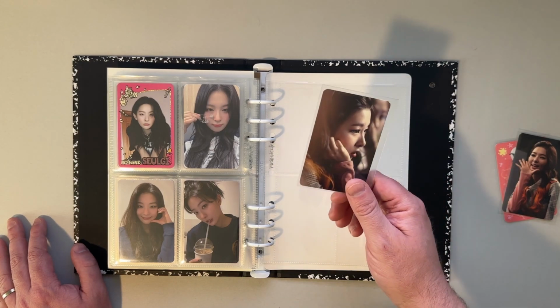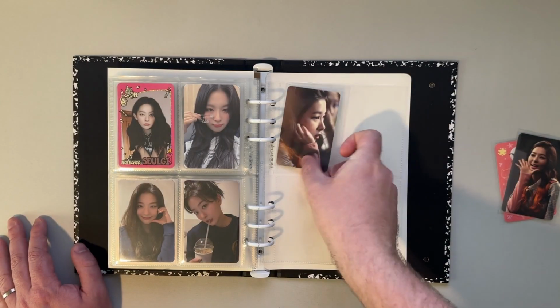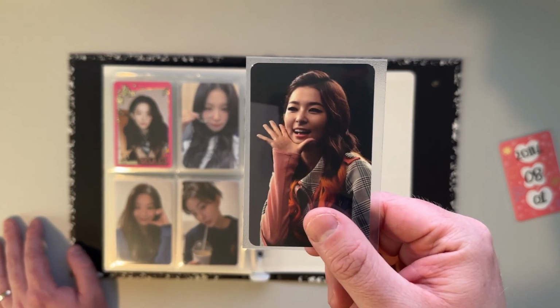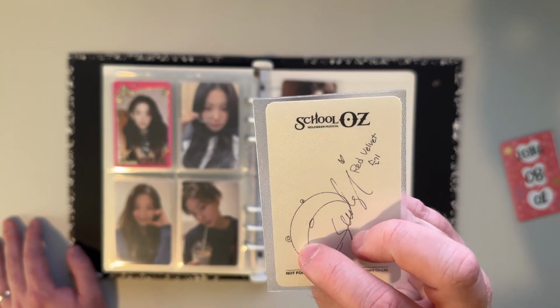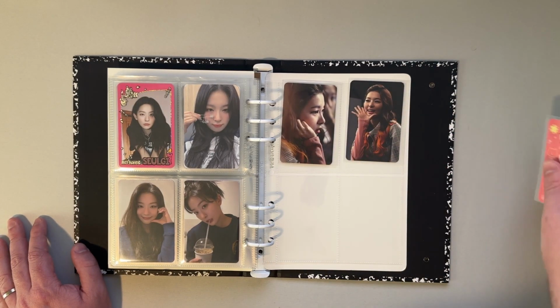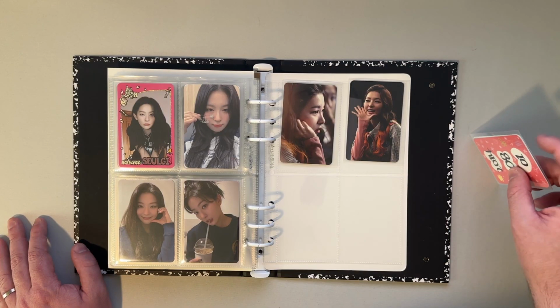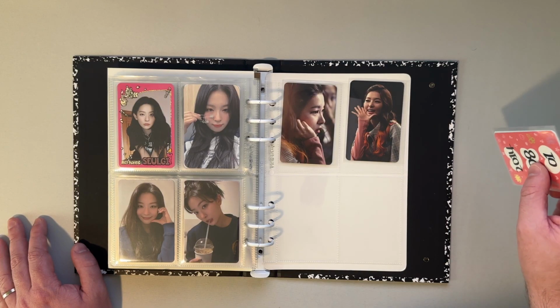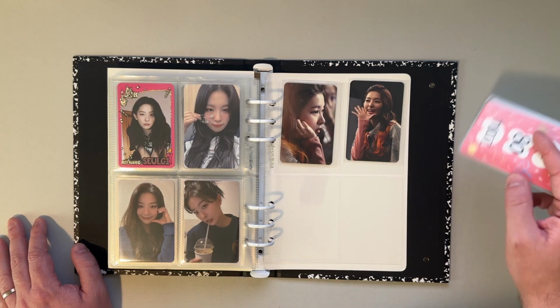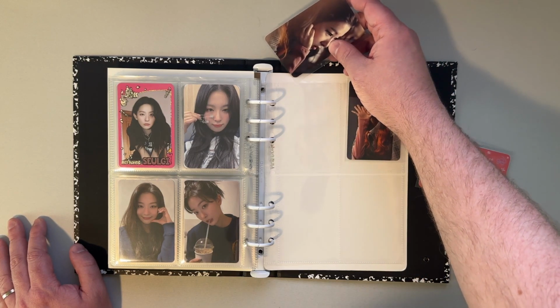Then last for this binder, we have 2 School of Oz cards. School of Oz, was it the hologram musical that Solgi and a few other SM artists at the time, like a couple EXO members, are in. I know Key is in it because my wife has some School of Oz cards. I think LOONA from FX is in it. Yeah,